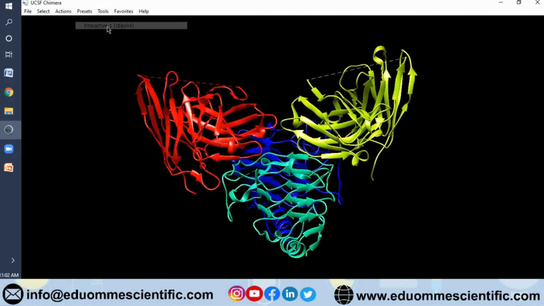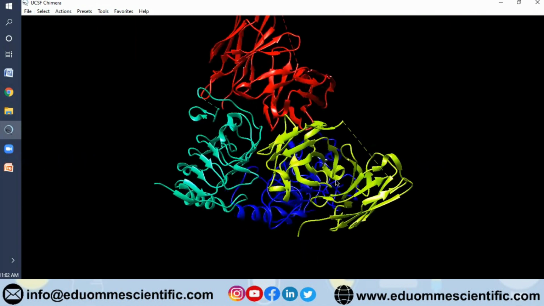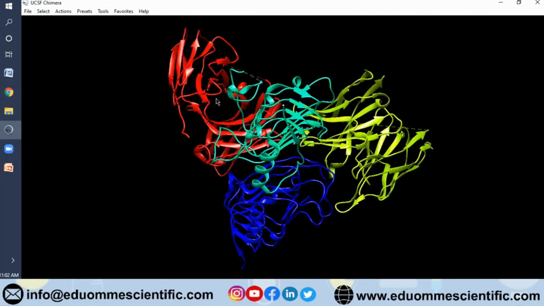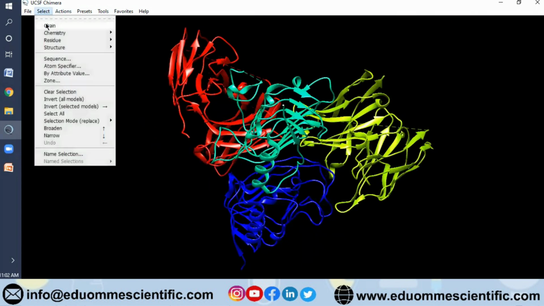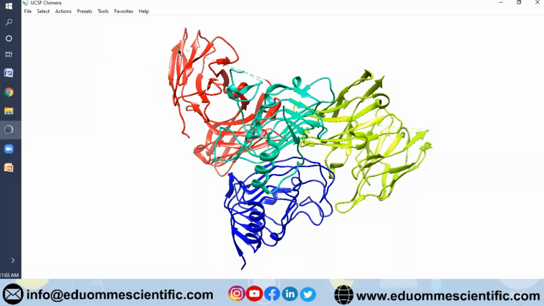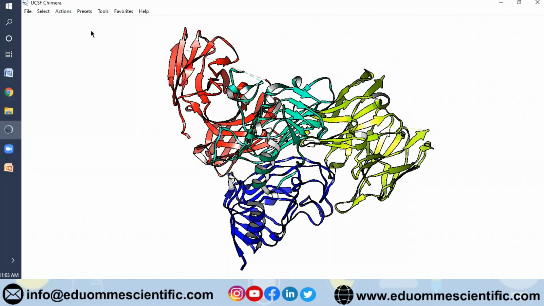If you want to visualize from here, you can, in different color in rainbow settings, you can see they have 4 chains. Okay. So from here, you can see these things, and also from here, you can see how many chains are present. If you want to change the background and improve the publication quality, that also can be done from here. Okay. So these are few of the examples from where you can change.